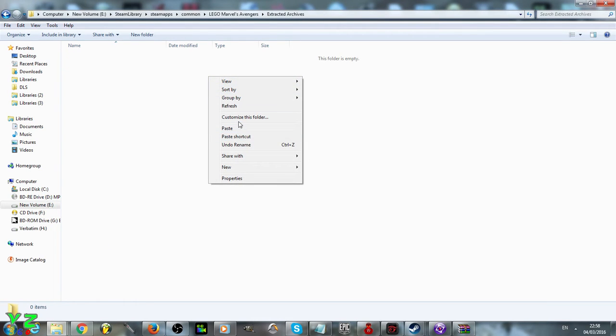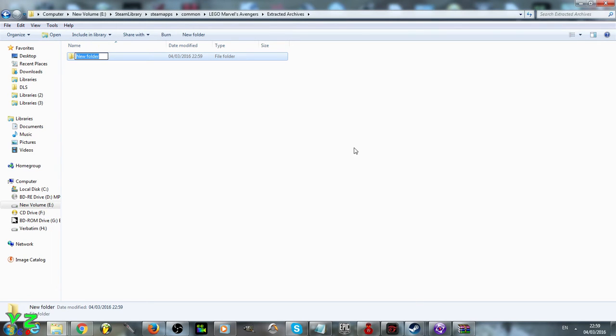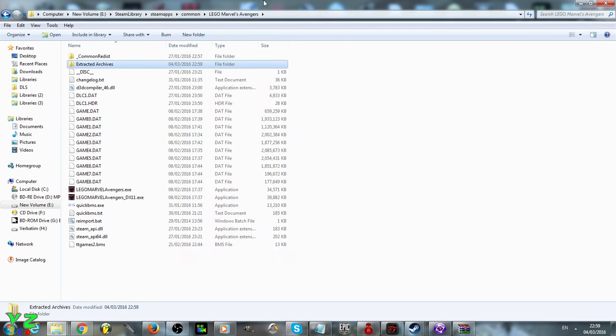Luckily for this tutorial I know exactly which archive I need, and I'm going to be using archive game0.dat. So this is the folder I'm going to use, game0.dat. And we will be extracting this archive into that folder. How do we do that? Well, first of all, we click on quickbms.exe,